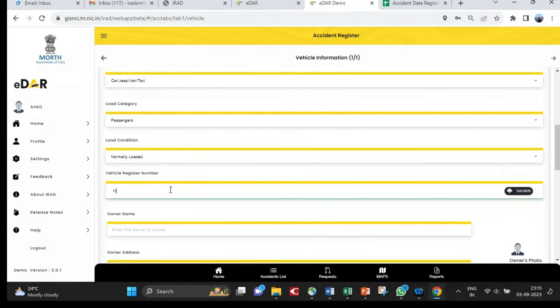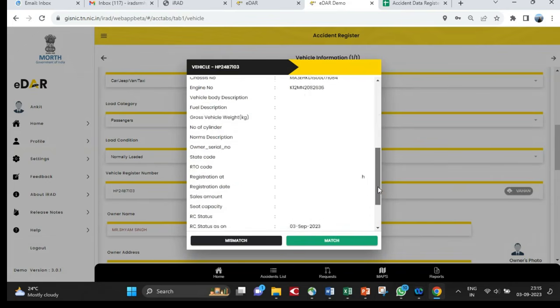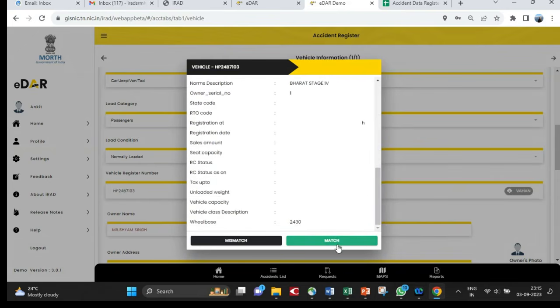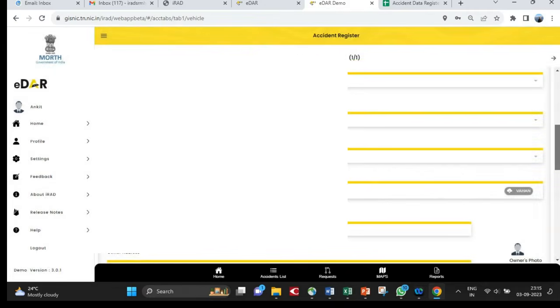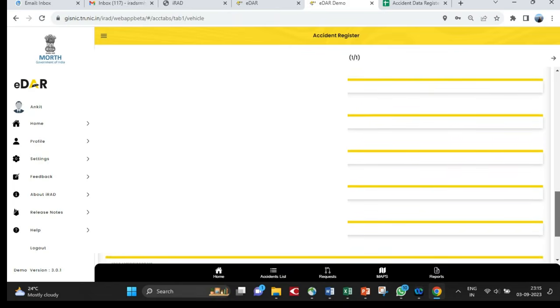Then enter vehicle registration number and click on Vahan button to fetch vehicle details from portal. All the details pertaining to vehicle will be fetched through Vahan software.